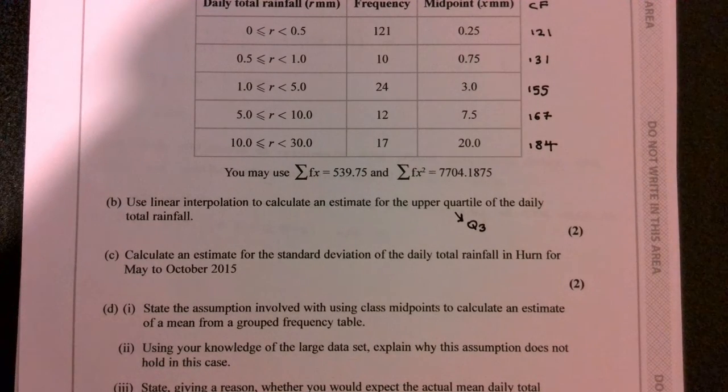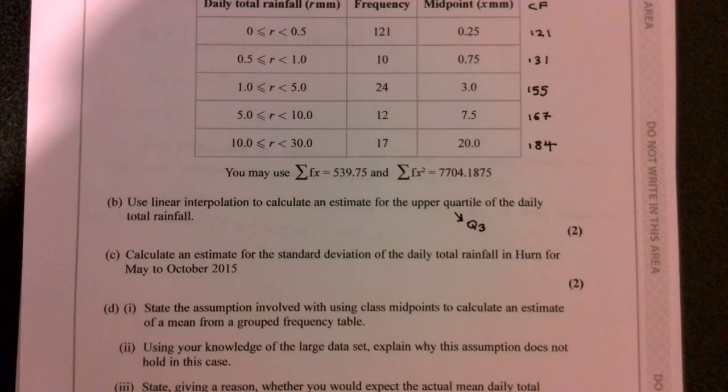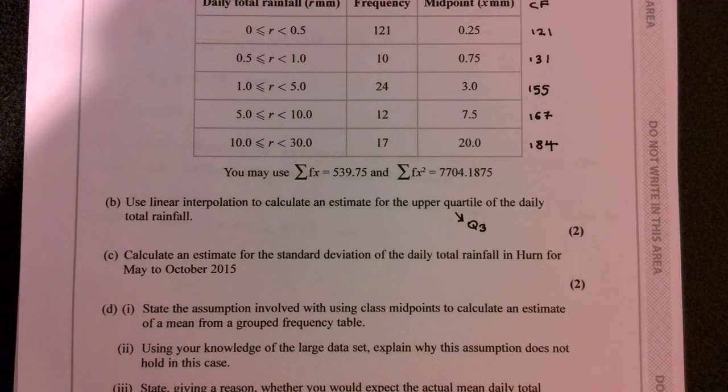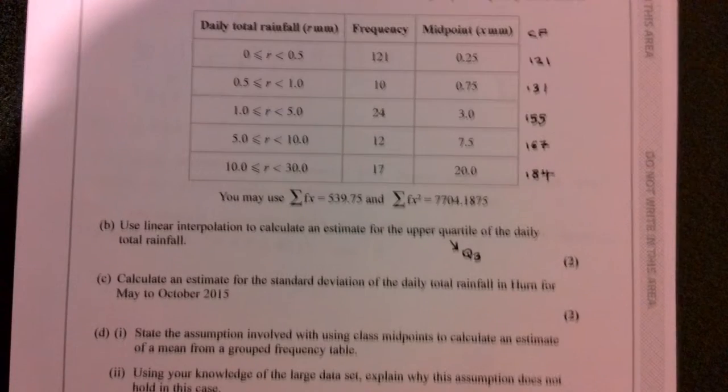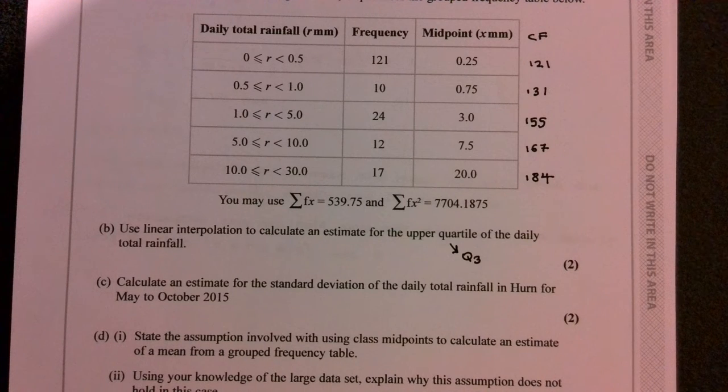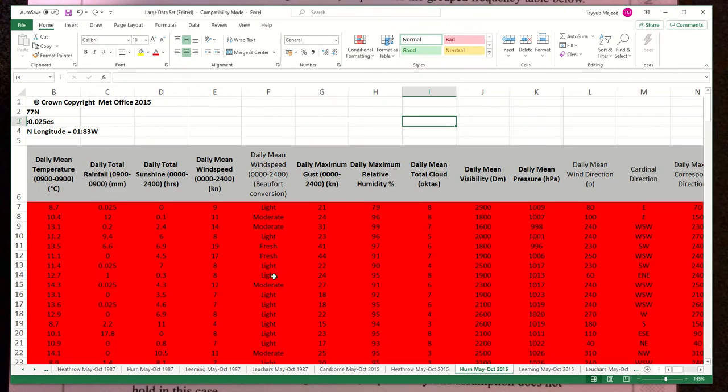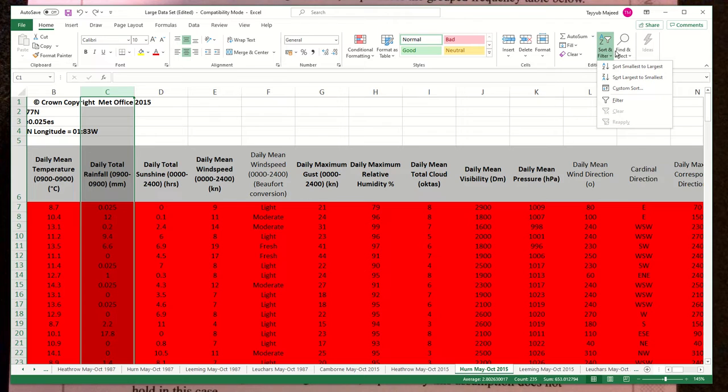For the next part, we have to use our knowledge of the large dataset to explain why this assumption does not hold in this case. Now, essentially, if we go to the large dataset, let's get my edited version up. And remember, you can find a link to this in the description below, and you can also watch the video where I explain the large dataset. Remember, we're looking at the daily total rainfall. If I sort this data by clicking Sort and Filter and then smallest to largest,